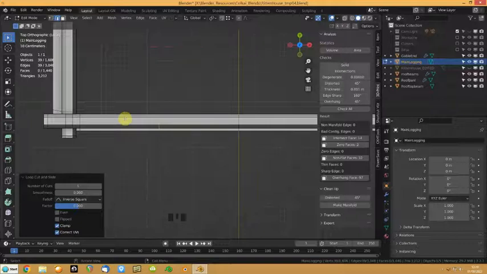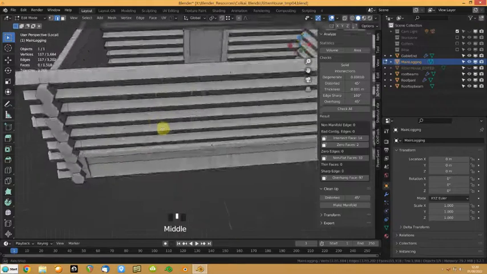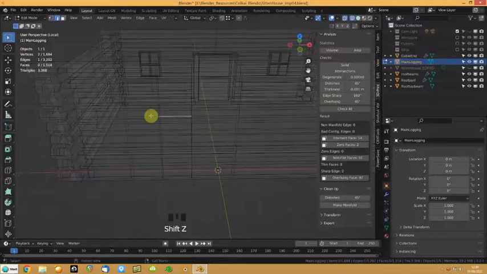So I could just do K, C to cut through, A for angle, K, A for angle, C to cut through, and I'm going backwards and forwards to make sure I get everything. Then what I can do is go into wireframe, point mode,